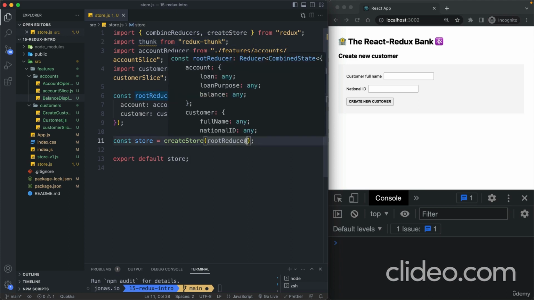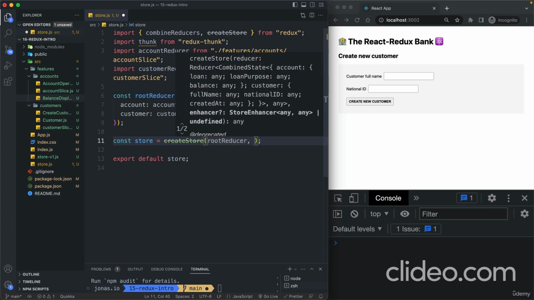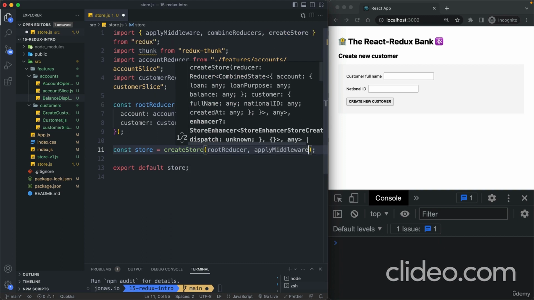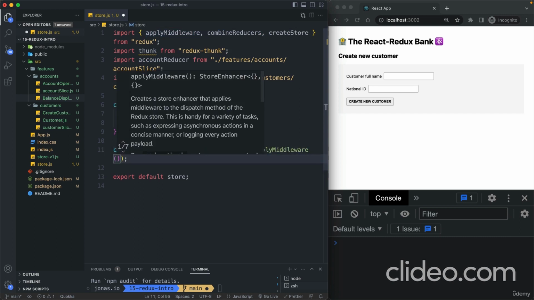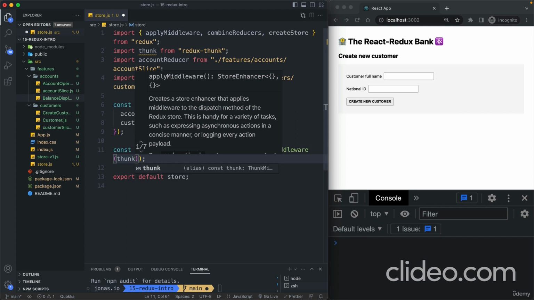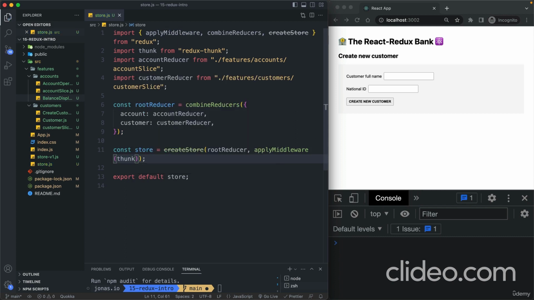So here in the create store function, we can pass in another argument. And now here we need to call the apply middleware function. So apply middleware, which is also provided by Redux itself. So see how that got imported here. And now into this apply middleware function, we pass in our middleware. And so that is the thunk. And so with this, we basically told Redux, or we told our store, that we want to use the thunk middleware in our application. And so let's now go to the action creator that is actually responsible for depositing money